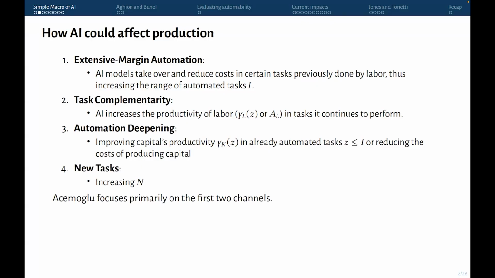In this Acemoglu paper, he's really only focused on the first 2 channels. And I think that's important to keep in mind when thinking about his estimates. Yeah, Charles. Think about if there's perfect substitutability within the task, capital not being above the threshold. Is it just gamma K Z zero below the threshold, or above the threshold, or what? Well, I mean, it's also going to depend on how much it costs to use capital versus labor, but that productivity adjusted for its costs means that it's less efficient to use capital in that task than labor, and those are the ones that are unautomated.